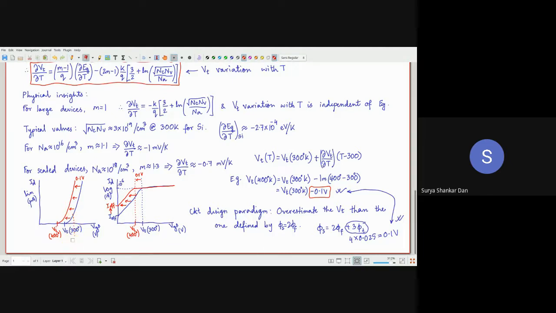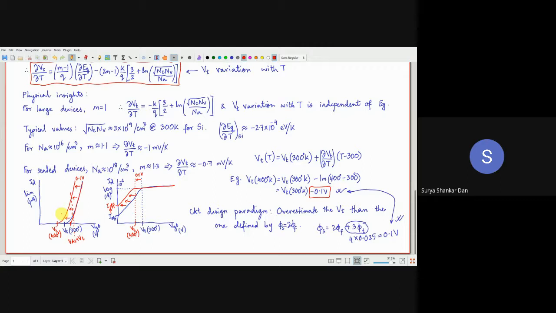Beyond V_DS plus V_T, you are going to have linear operation. Okay? In the linear region, this is going to be linear, so we are simply going to draw a tangent, and wherever you are essentially getting that VT, that is a very good approximation of the VT which we'll use for